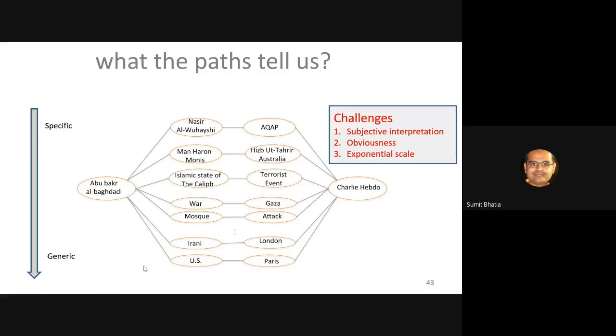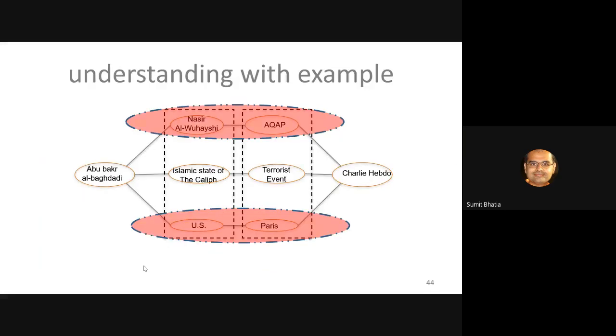So again here, the challenge is how can we identify this small subset of paths, differentiate them from the other thousands of paths which provide no useful or relevant information, right? How do we do that? So that was the main problem. Now, how do we do that? Let me again explain with the help of intuitive examples.